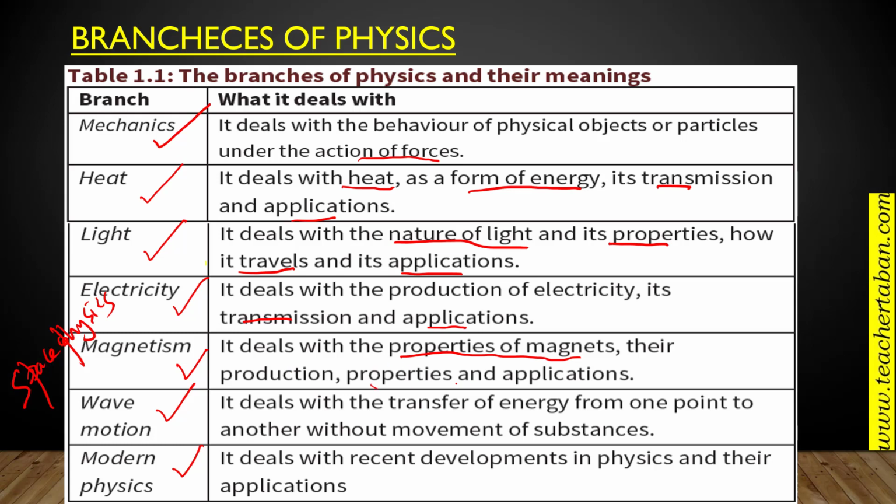So, under wave motion, we shall be looking at how energy is transmitted from one point to another without the movement of the material medium itself. An example here is waves on oceans, the tides. For example, in case of playing a guitar, you simply pluck the string and then it moves. It is producing sound. The speaker in your earpieces, the laptop speaker, it produces sound in form of waves. We shall be looking at that. Then we have modern physics, radioactivity, the X-rays, all those are under modern physics. And then lastly, I've also talked about space physics. So all those simply describe the branches of physics.